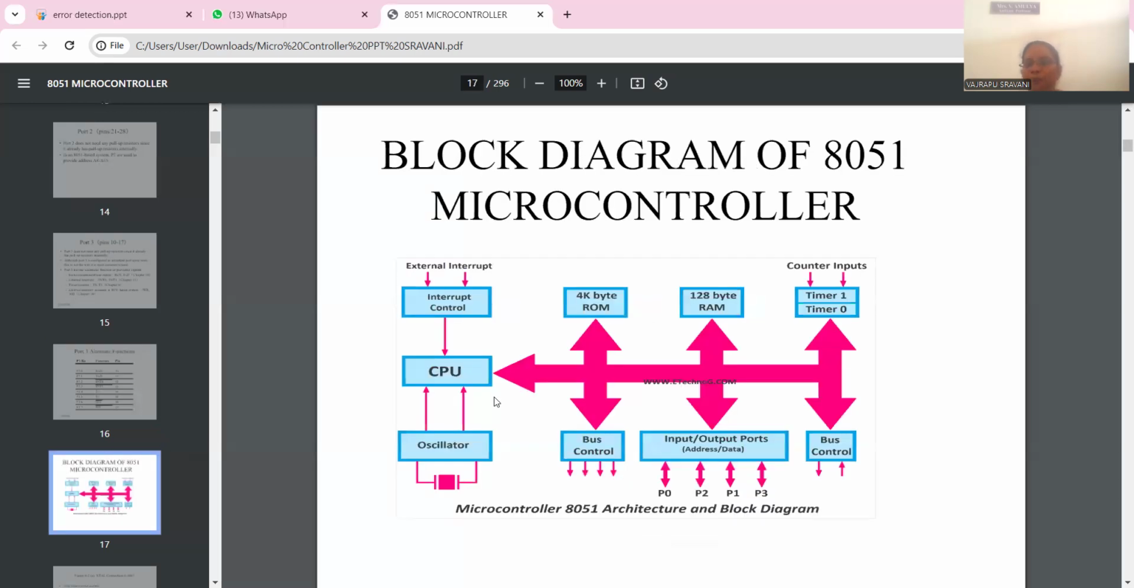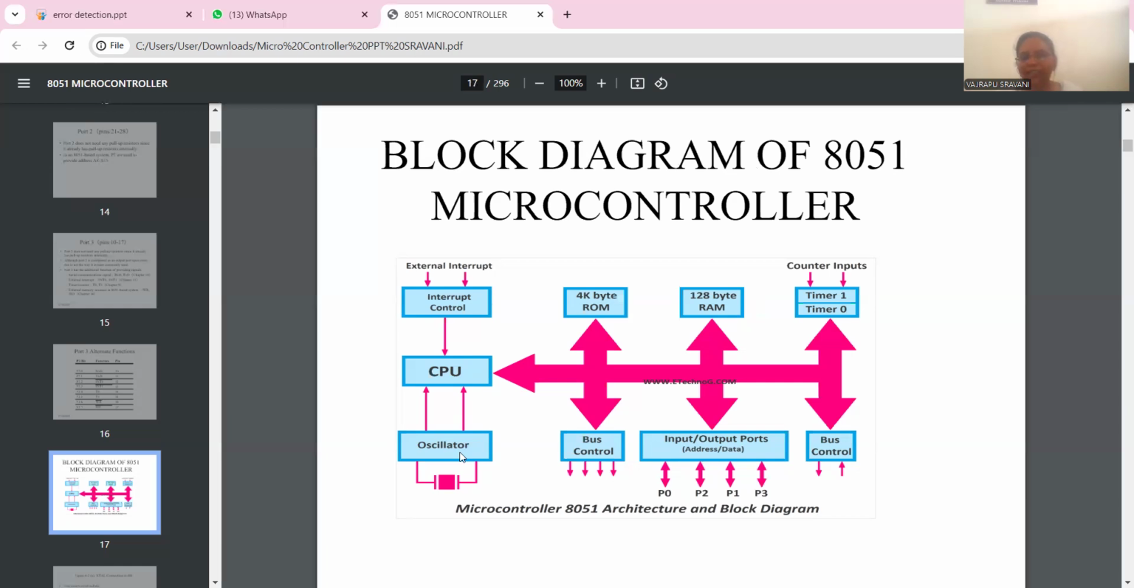Next one is the block diagram of 8051. The block diagram contains, as we already know, that a microcontroller has a CPU, timers, counters, bus control, input output ports, ROM, and RAM, all available on a single silicon chip. So here,